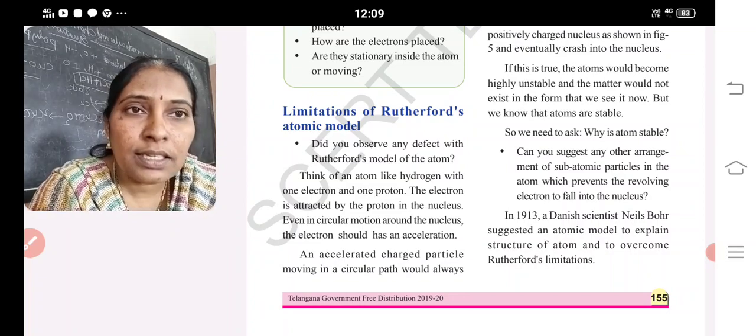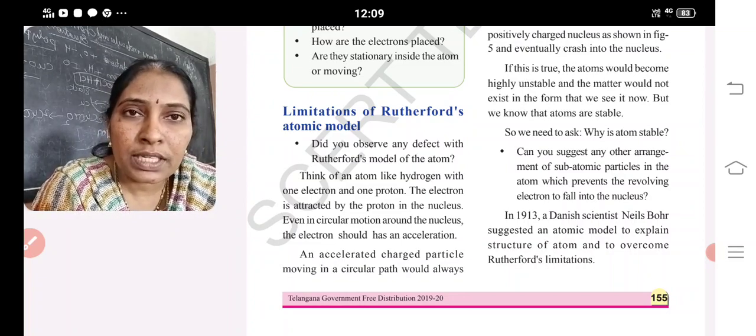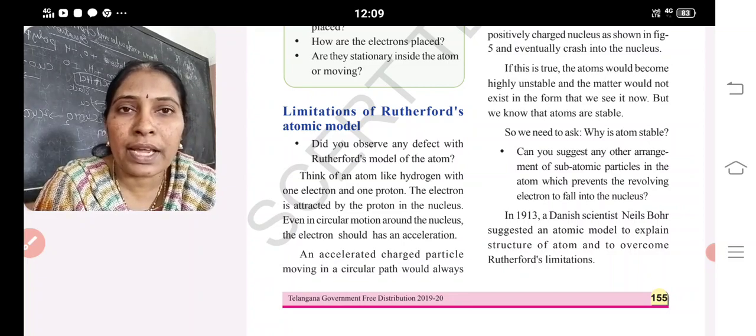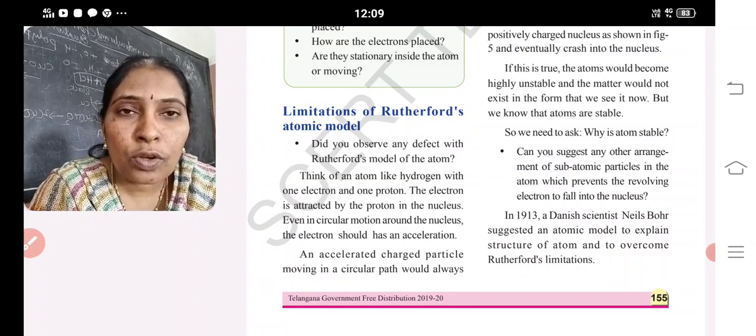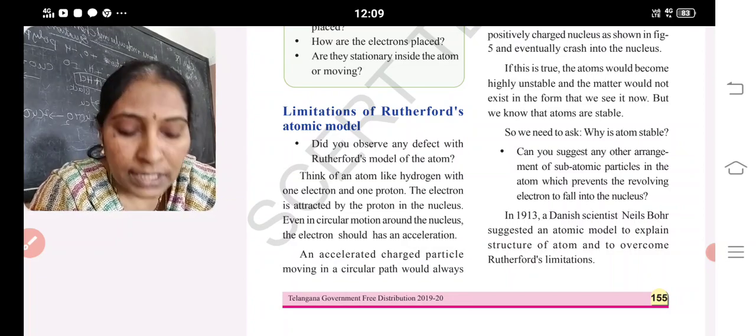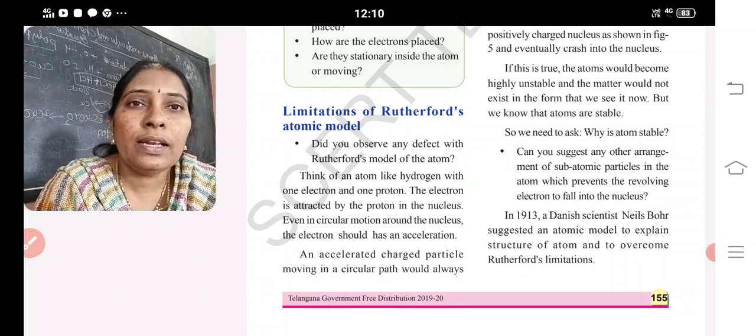So is Rutherford a student of J.J. Thomson? No. J.J. Thomson himself got a Nobel Prize in physics, and 7 of his students also got awarded a Nobel Prize. One of his sons, also named George, also got the Nobel Prize. So let us discuss what the Rutherford model is.